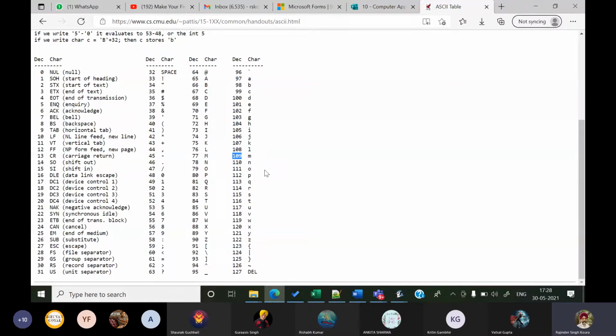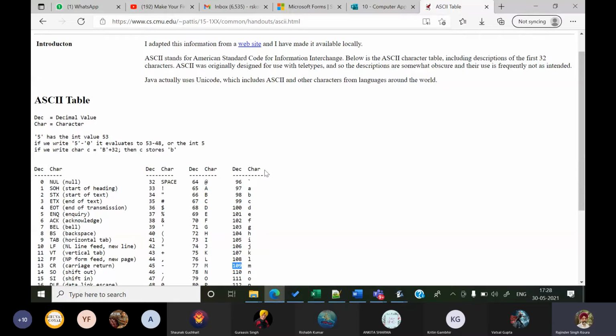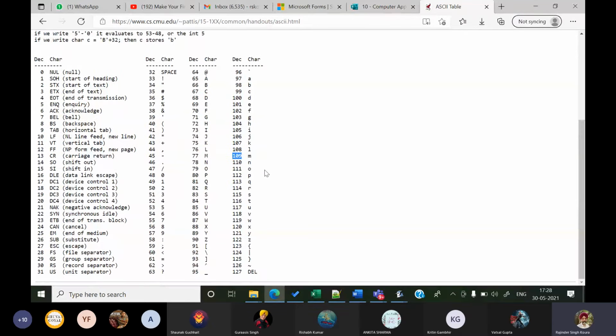Okay, so what I'm looking at right now is an ASCII table. It is a table which contains the numeric values of all the characters that you actually type. For example, when you type a full stop, what is stored in RAM is actually 46. If you store an ampersand somewhere, actually 38 is stored in memory.